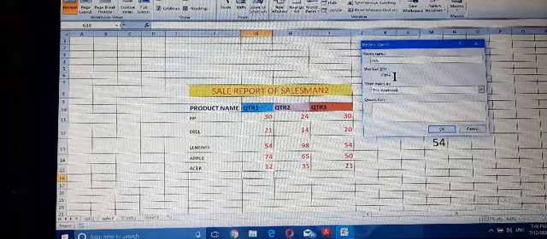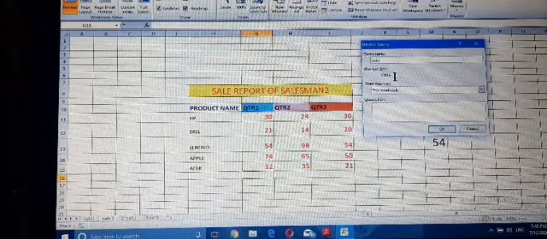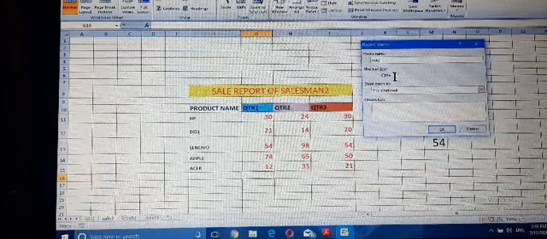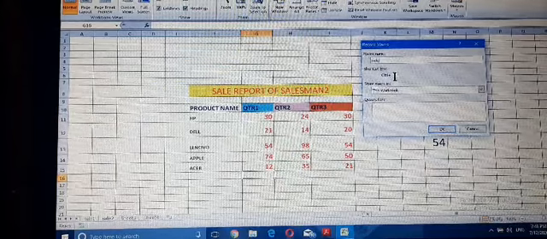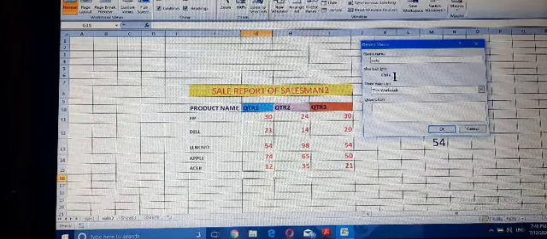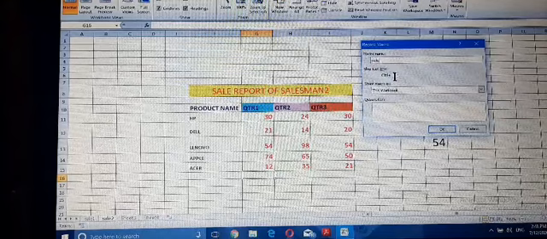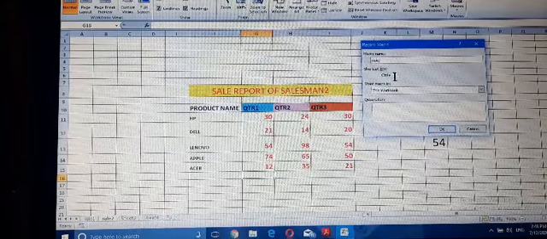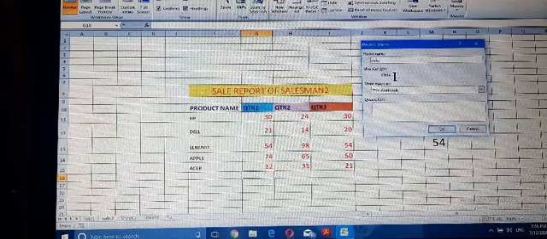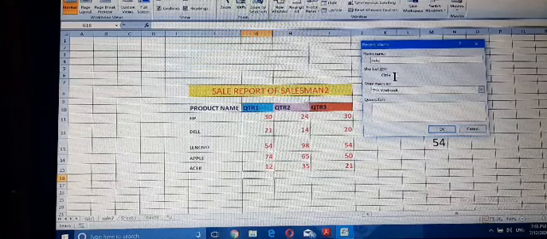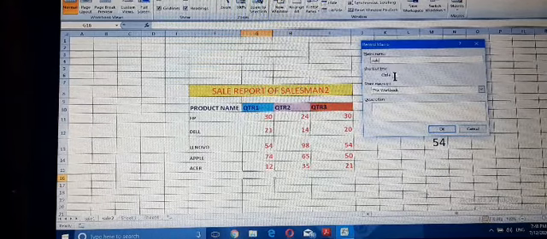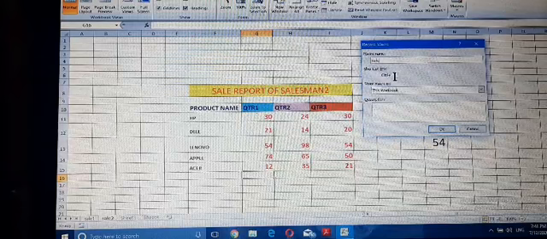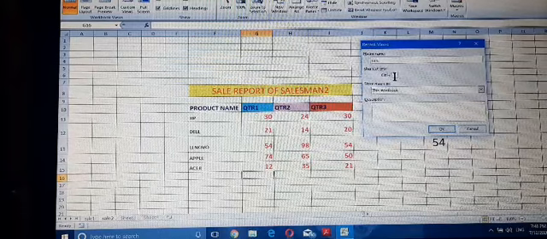But notice that you should use a shortcut key which is not predefined, like Control plus S for save, Control plus X for cut, Control plus C for copy. These shortcut keys are already assigned to functions.